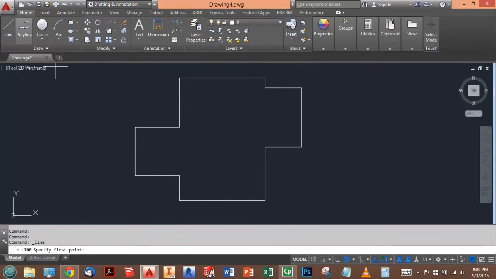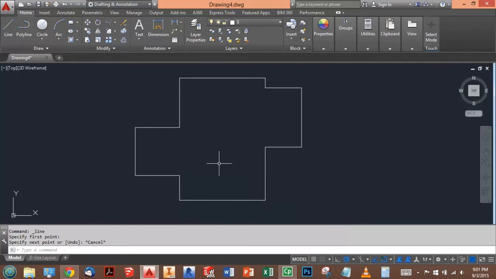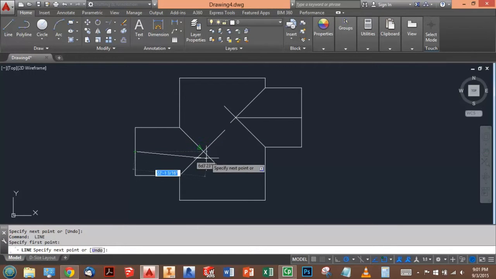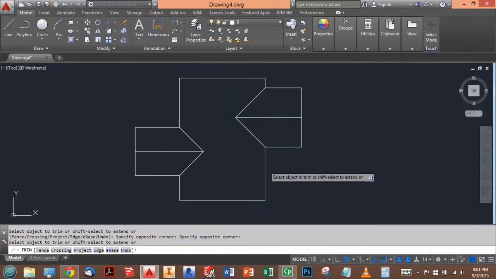And then I'm going to go ahead and add in my roof slope lines at 45 degrees. So just check your polar tracking right here and make sure you're set on some multiple of 45 degrees. So 15 or 45 would work. And for this one, I'm just going to draw them to where they overlap, and then I'll trim them off. And same thing up here. Okay, then we'll just go to the trim tool, trim off my overhanging lines here, and we're ready to start